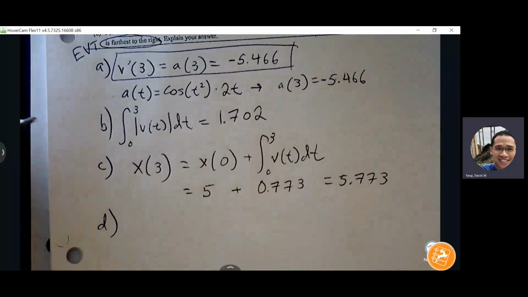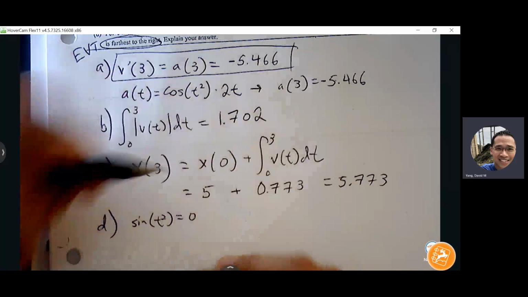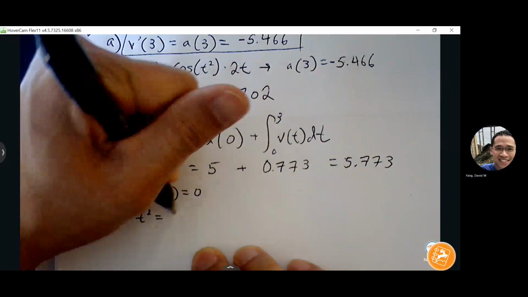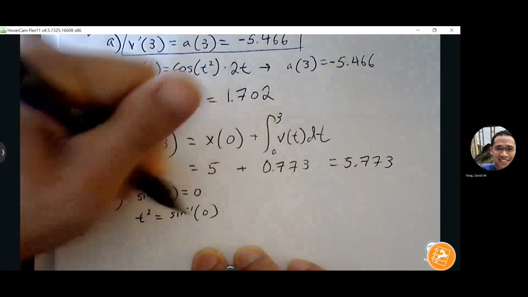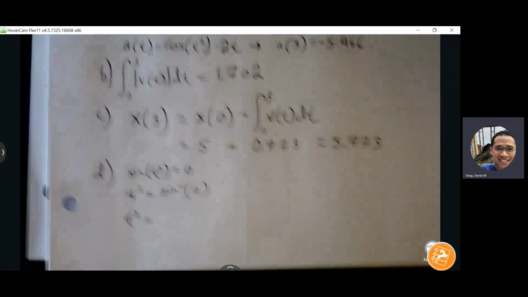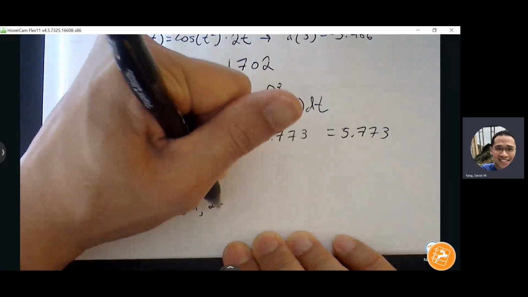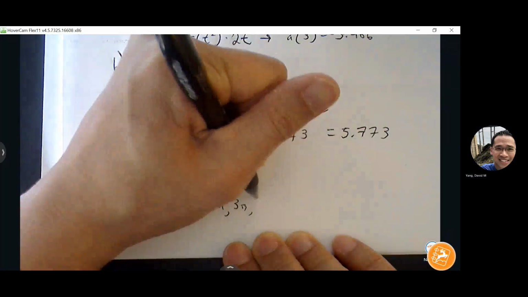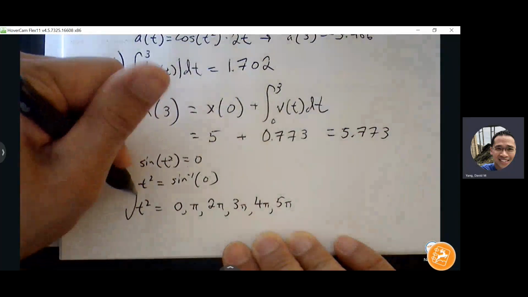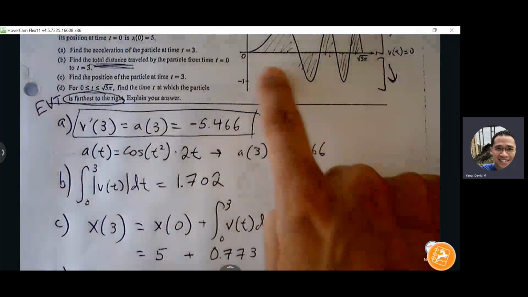I can do this. I can set sine of t squared equal to 0. If I do inverse sine, basically using unit circle knowledge here, where is sine equal to 0? Sine is equal to 0 at 0, pi, 2 pi, 3 pi, 4 pi, 5 pi. All right? And if I take the square roots, then these are all the values that show up